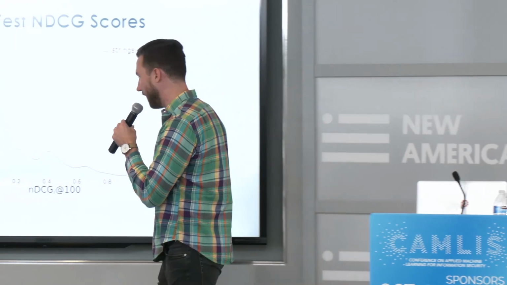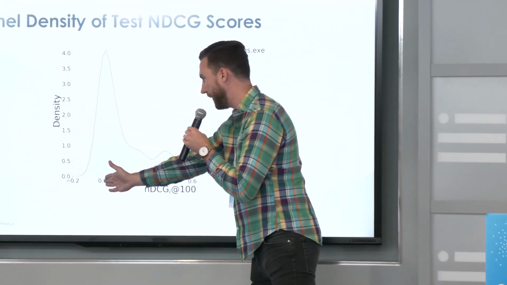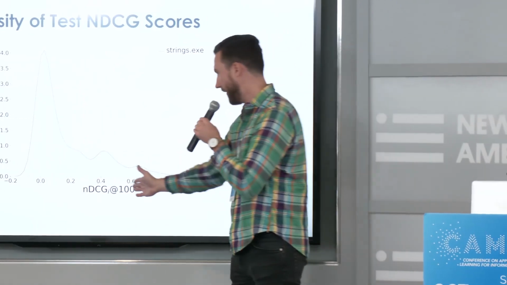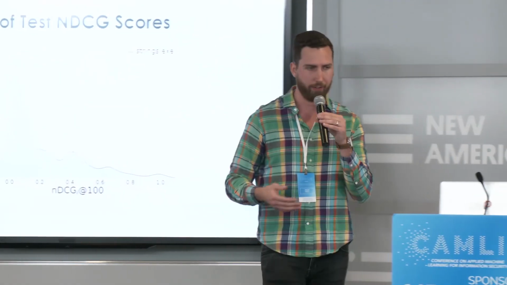If you just use those labels to compare against our algorithm, before we do that, we want to compare it just on the raw strings output itself. And so this is expectedly bad. This is a kernel density where the lower NDCG score corresponds to a worse ranking for our model, and a higher one is going to be a better ranking. So if you just run vanilla strings on a sample and run this score,